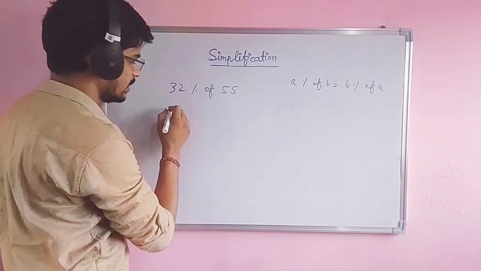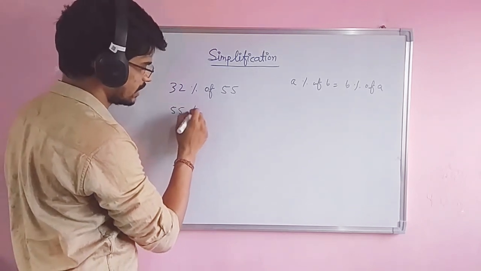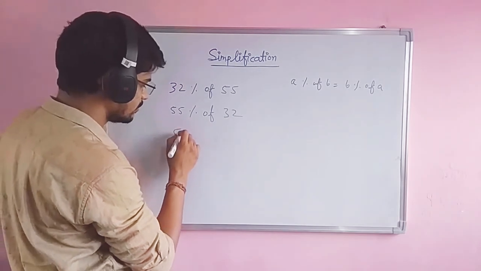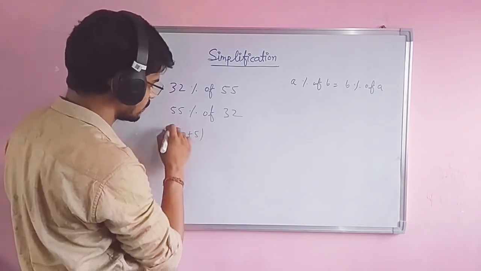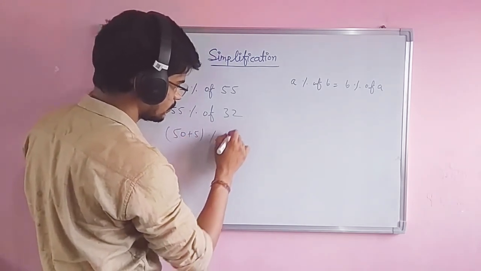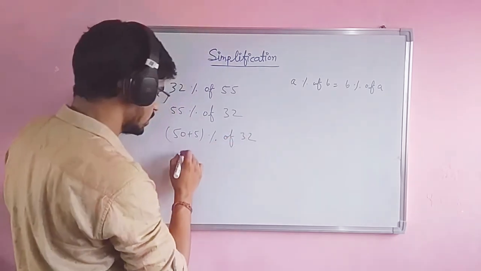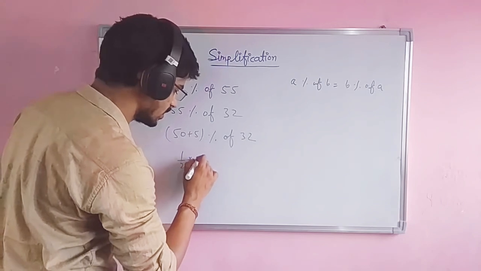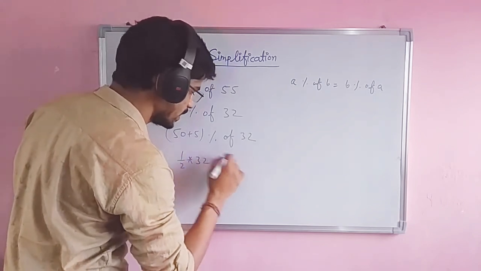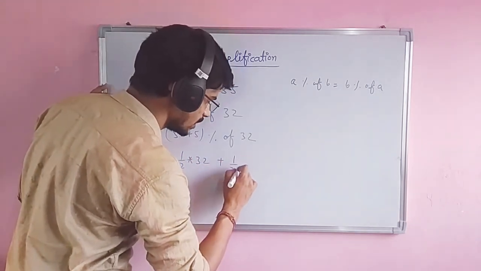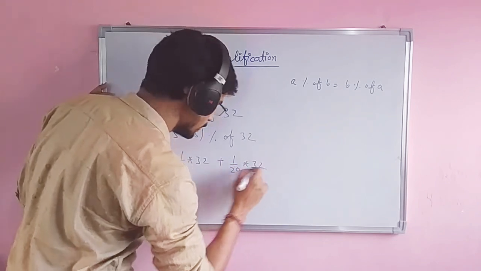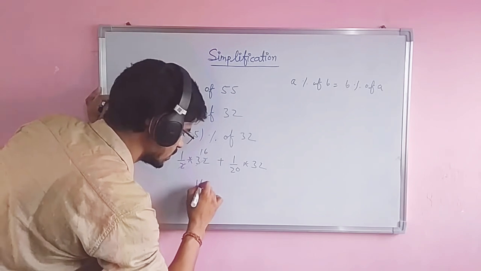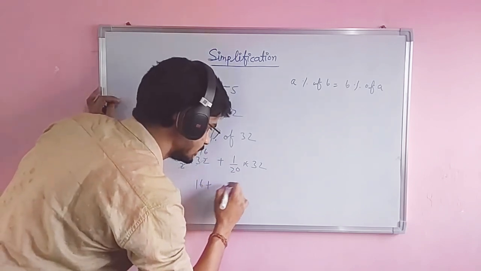That's why we can write 55% of 32. 55 is written as 50 plus 5, of 32. 50 is how much? 1 by 2 multiplied by 32, plus 5 is how much? 1 by 20 into 32. That means here 16 plus